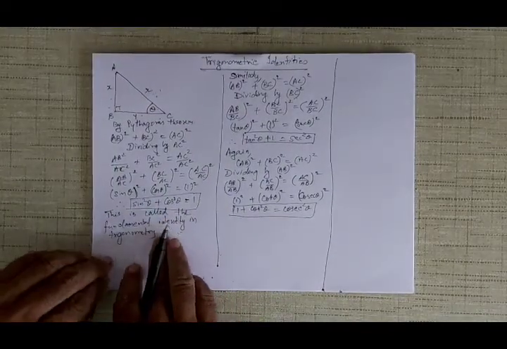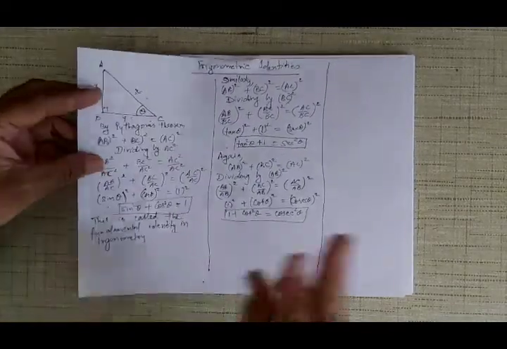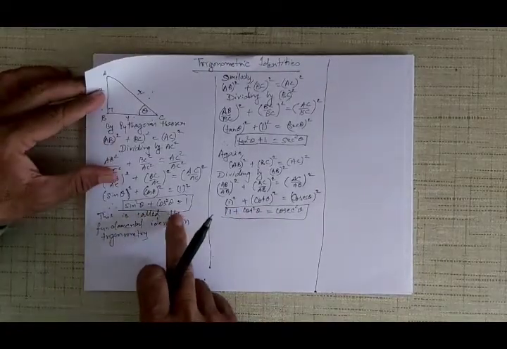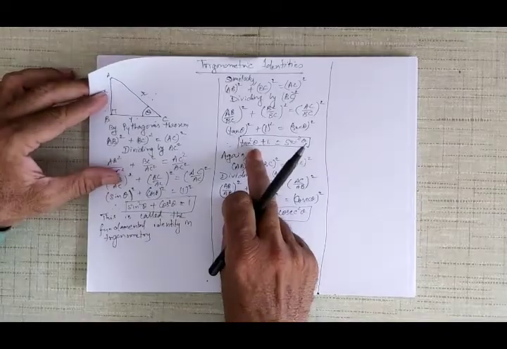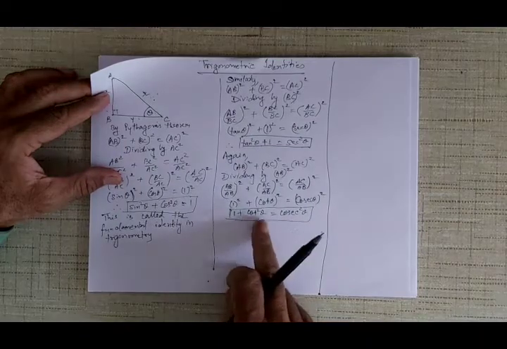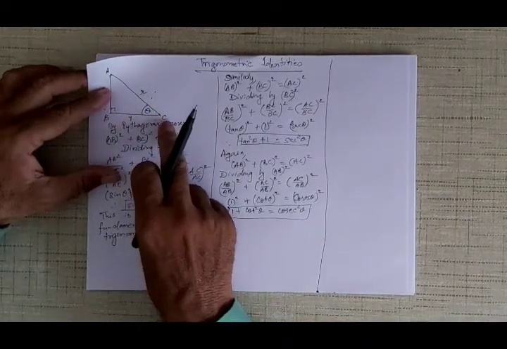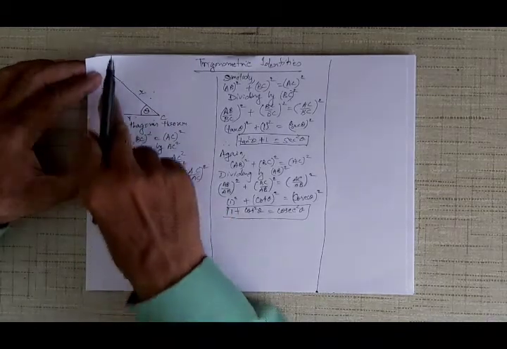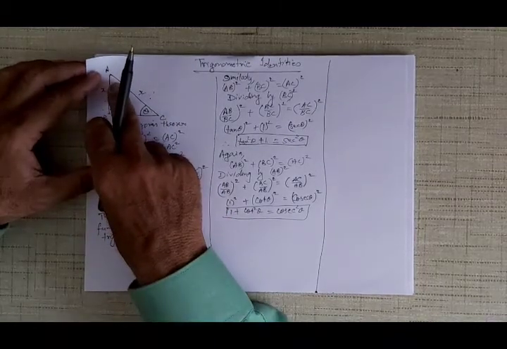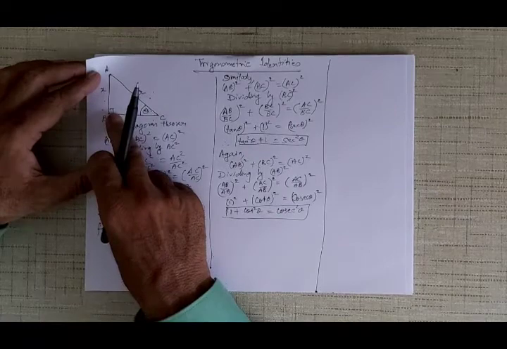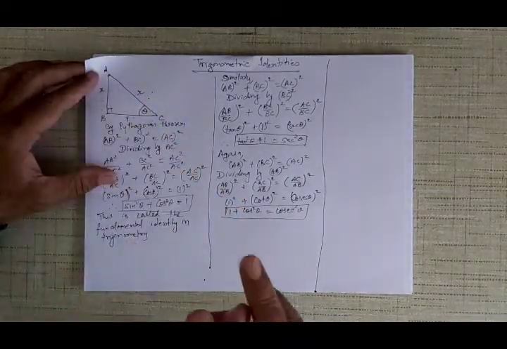Alright, now the next part. So the 3 fundamental identities: sin square theta plus cos square theta is 1, tan square theta plus 1 is sec square theta, 1 plus cot square theta is cosec square theta. Remember, in place of theta, if I use C, it is the same thing. In place of theta, if I use A, it is the same thing. You can't use B. B is a right angle. You can use angle C or angle A.